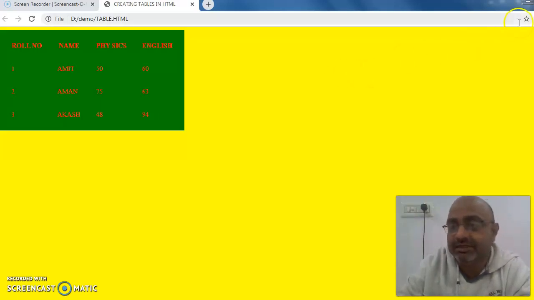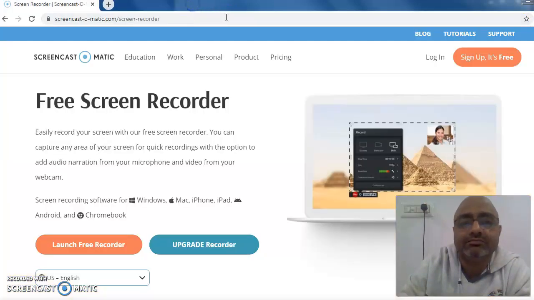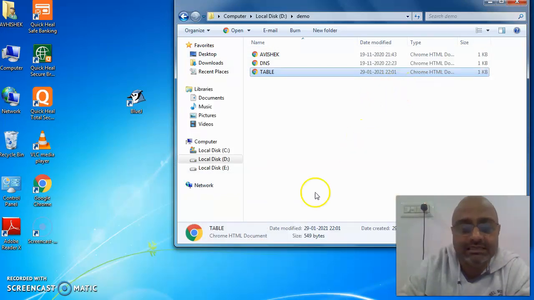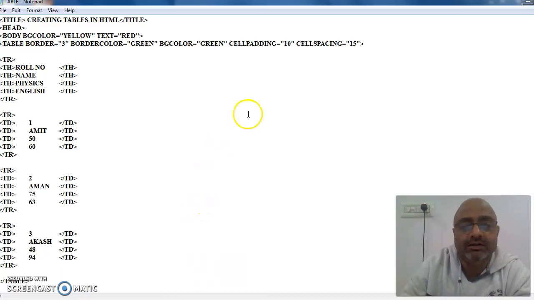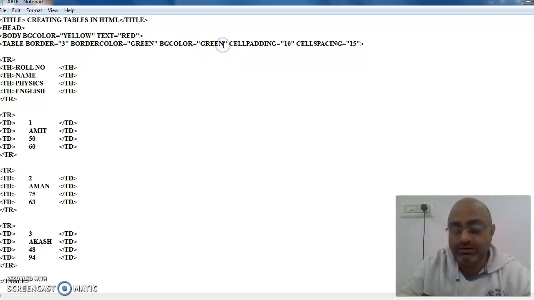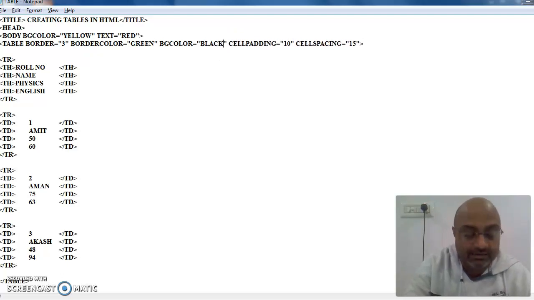But in case I change this into some other color, like border color is equal to green and BG color is equal to black, then this change will be evident.